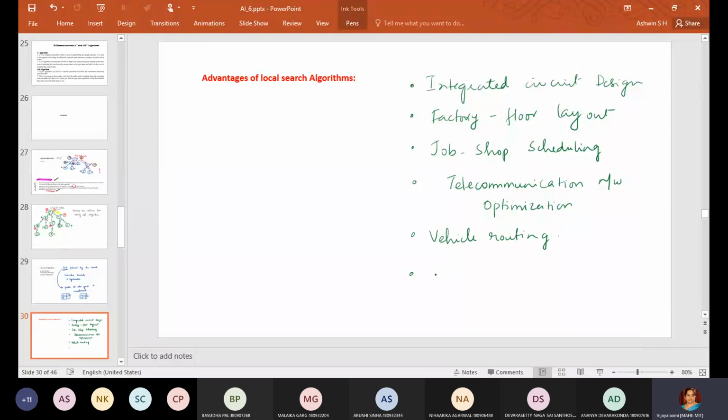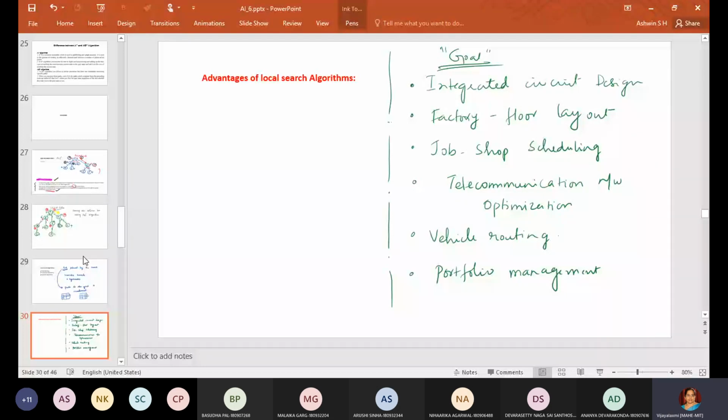Then on the management side, portfolio management. Like the 8 puzzle problem, the final goal is what is important. We would like to have the final goal with the minimum search space or minimum time complexity.